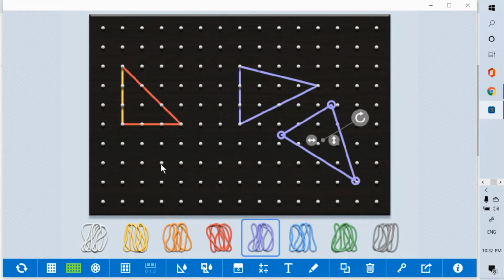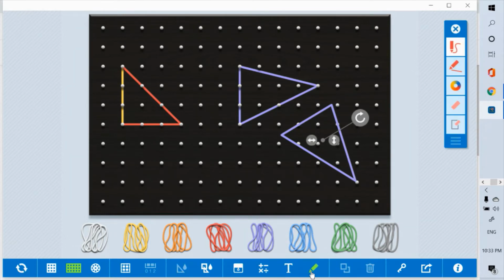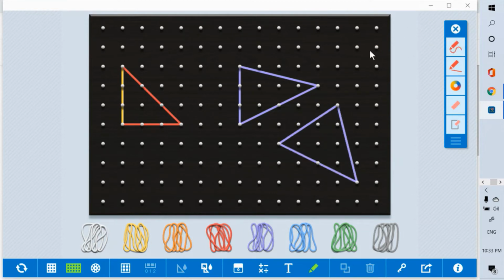Or you want to do more, maybe symmetry, or you can do different shapes, different activities here. So all I'm trying to show you is that there are more options. You can delete, you can add, you can write. Here it gives you the pen, and if you want to write a question here, you just choose the pen, and you can actually write on the board.